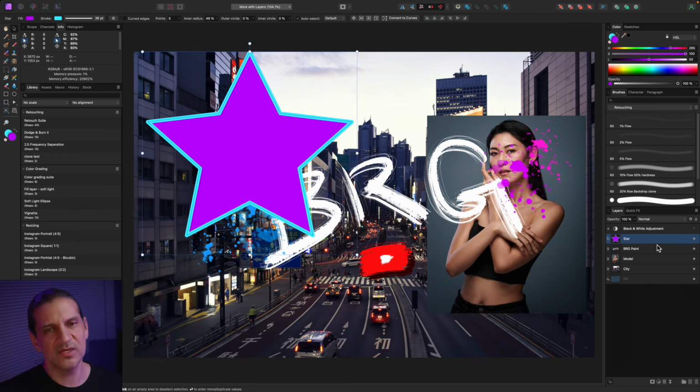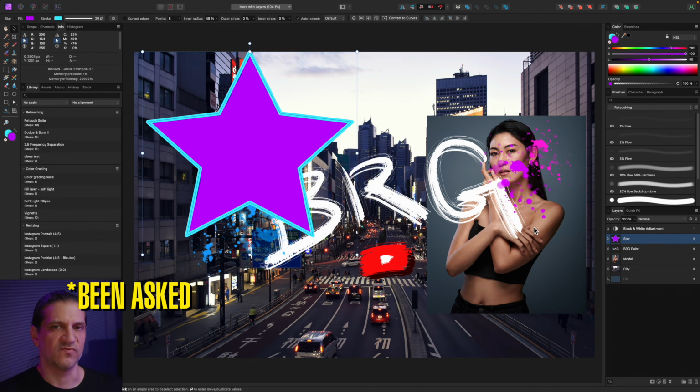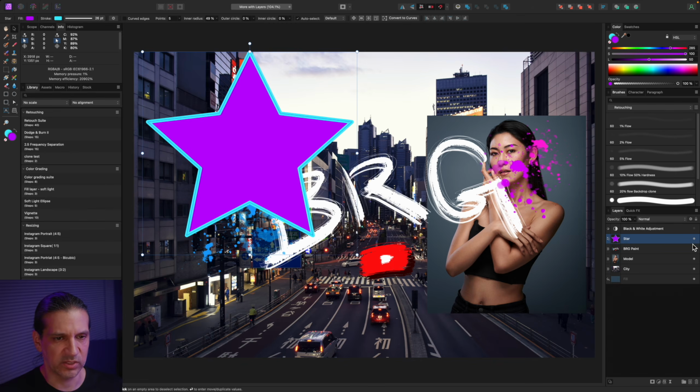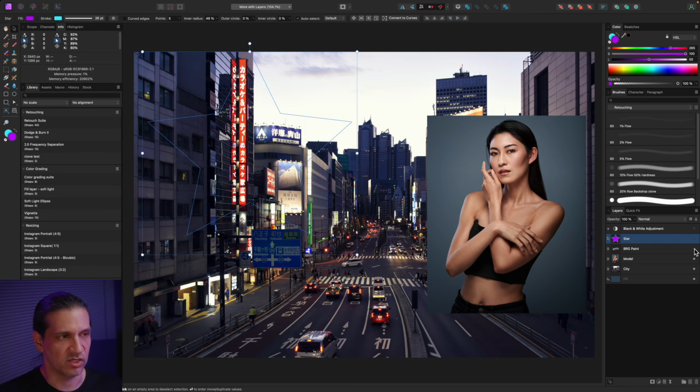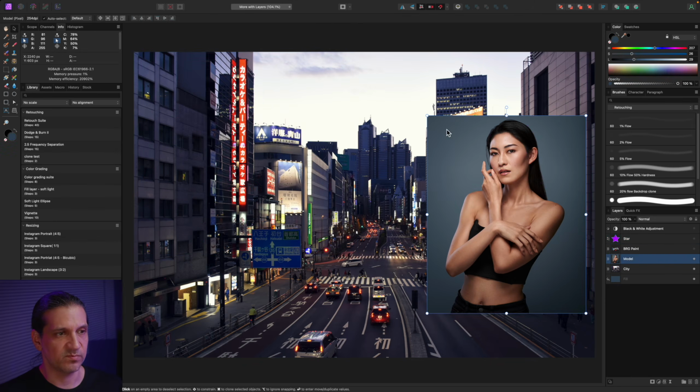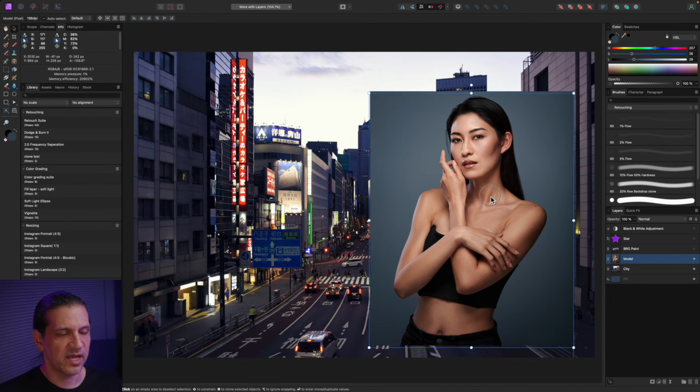So the next thing we're going to look at is masking layers down to other layers. So one question I've asked before, and this is actually a question I thought about for a while, is how do you crop a picture inside your picture? So let's say, for example, let's turn the star off. Let's turn BRG off. Let's say I have this picture of this model here, and let's say I want to